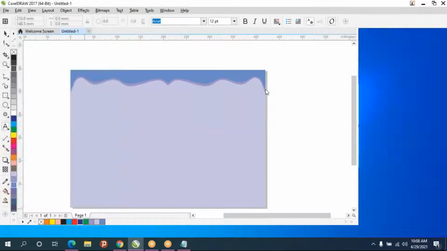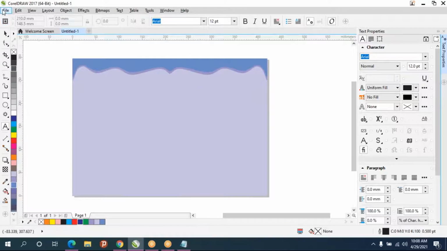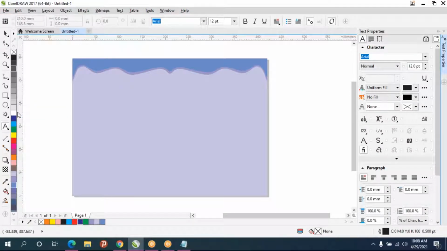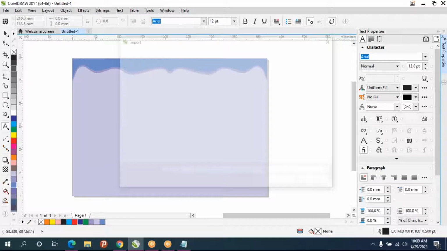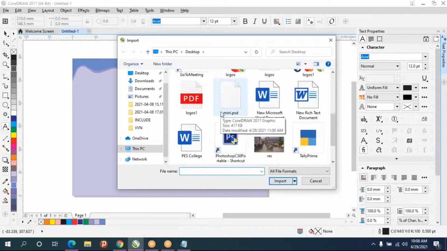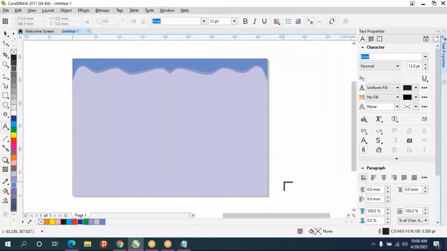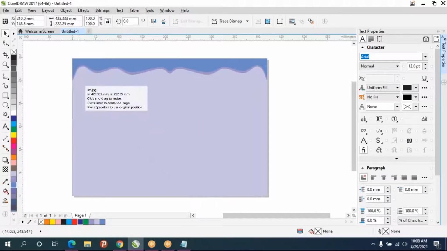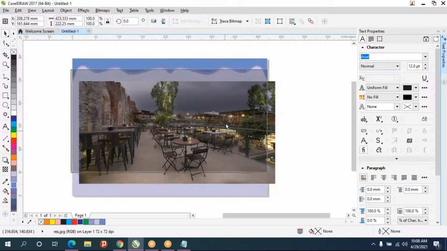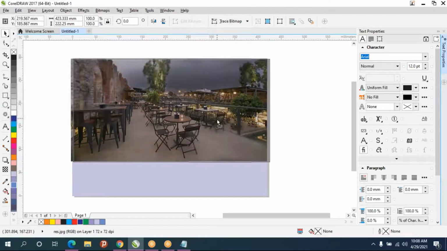Then go to CorelDRAW, file menu, and we'll be seeing option called import. Click on import. Then select the image, give import, and place it where you like and arrange it.